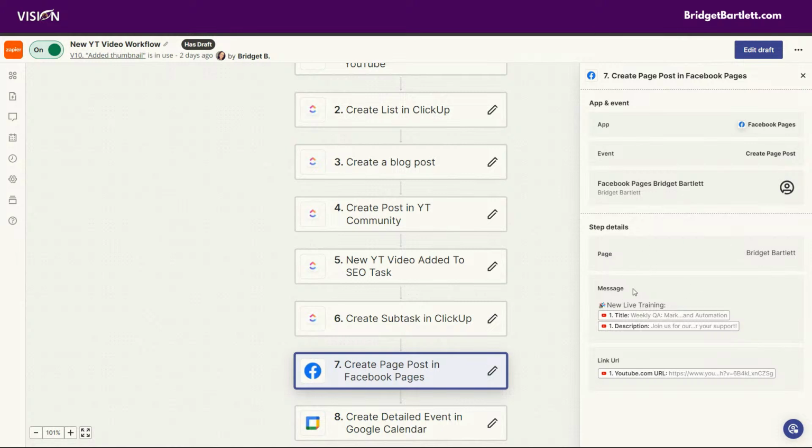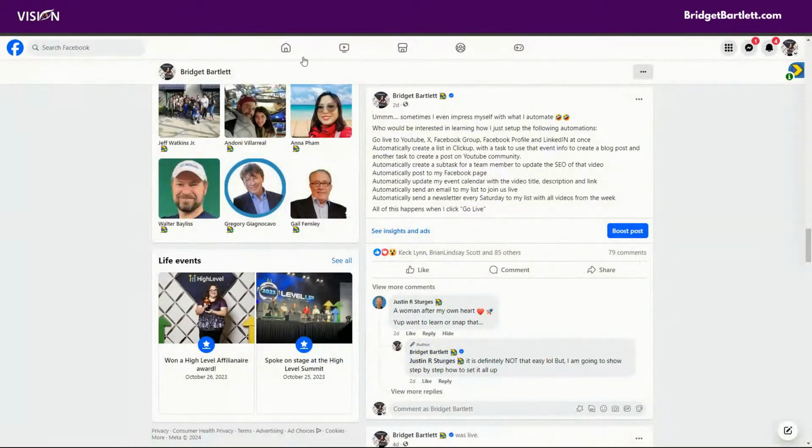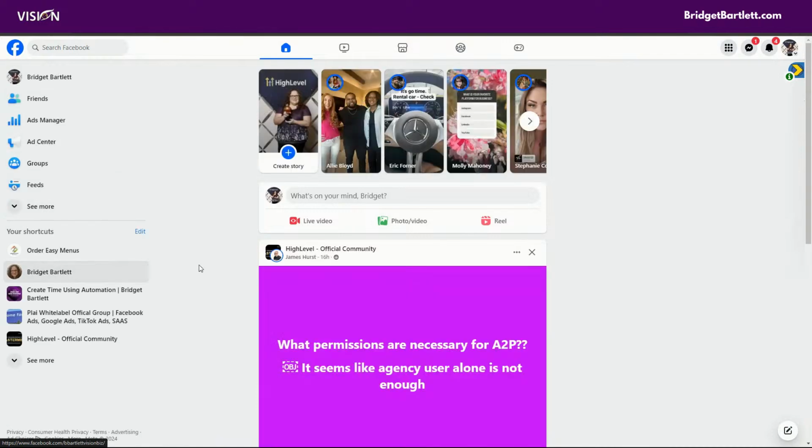I choose the page, and then I'm going to choose the content here. I'm going to title this new post, new live training, and then I'm just going to pull in the title from the YouTube video and the description. And then I'm also going to add the link to the YouTube video so that when someone goes to my page, and let's go over there now,